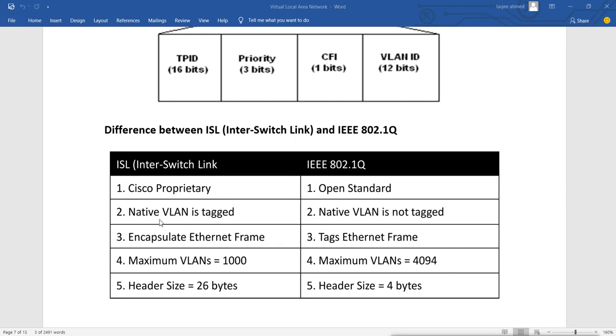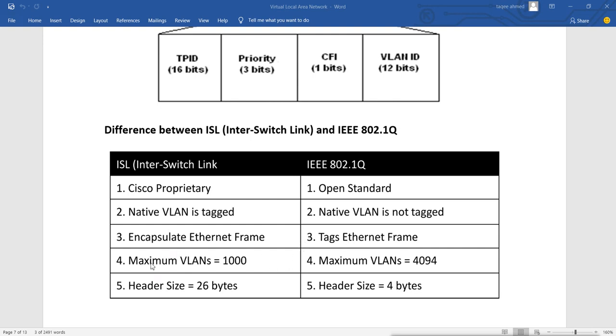ISL tags the native VLAN also, that means the default VLAN. So if any data comes and goes from the default VLAN, it will also be tagged, but in 802.1Q it will not be tagged. ISL encapsulates the Ethernet frame, that means the data link header, and adds an extra 26 bytes, but 802.1Q only adds 4 bytes of information, tagging the extra information into the same frame instead of re-encapsulating it.